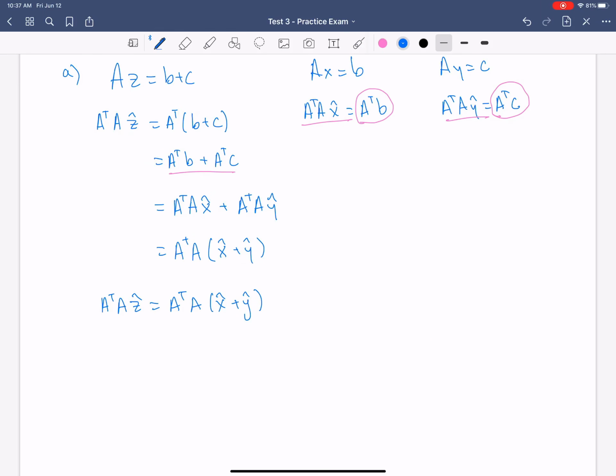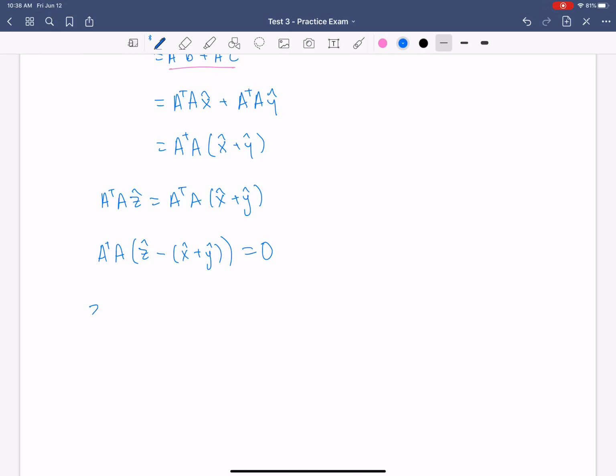So here I will move the right-hand side to the left-hand side and factor A transpose A. So what I have is A transpose A times Z hat minus X hat plus Y hat equals 0. Now, what I know is that Z hat minus X hat plus Y hat is in the null space of A transpose A. If the columns of A are linearly independent,